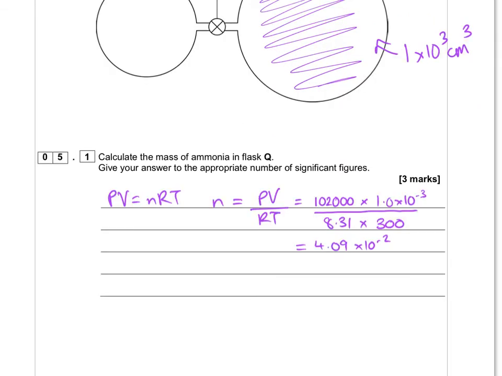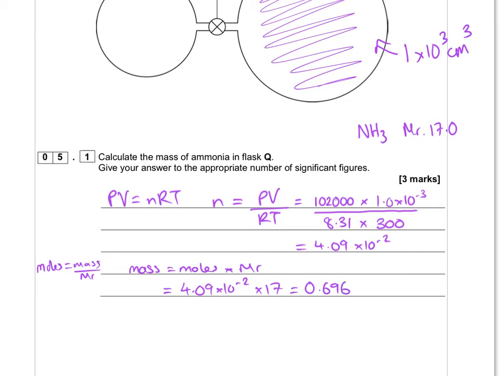Now I've got the number of moles, I can now work out the mass. So moles equals mass over Mr. So mass is going to be moles times Mr. It doesn't actually give you the formula of ammonia, but you should know ammonia is NH3. So its Mr is going to be 17. So that gives us an answer of